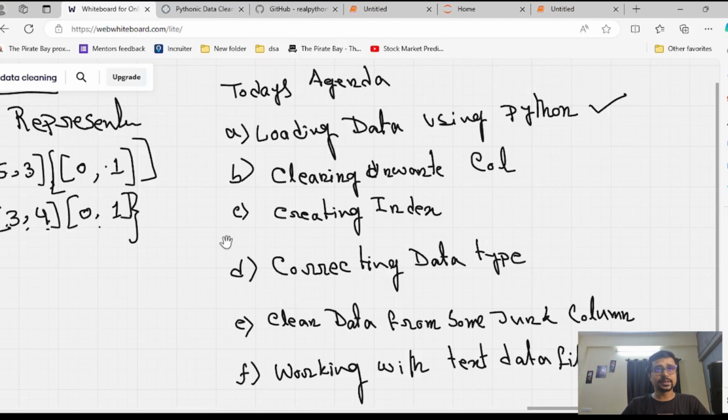That's what we have discussed. We'll be creating some index, like what is this index, all those things. After that, we'll correct some data types, what we have told, that's correcting the structural things. After that, we clean some data using some junk columns. And after that, if we see that all things are going fine, then we'll be working with some text data